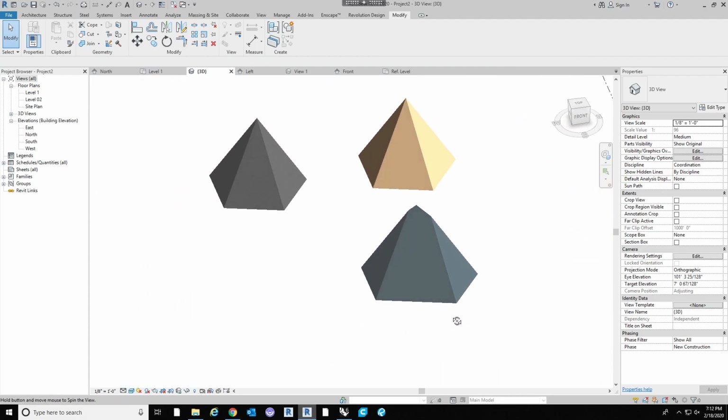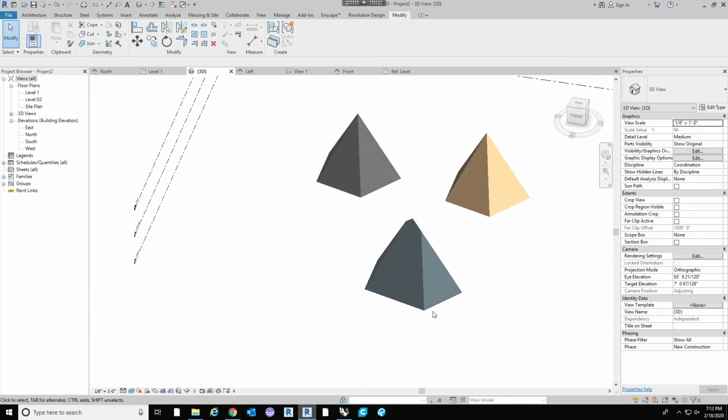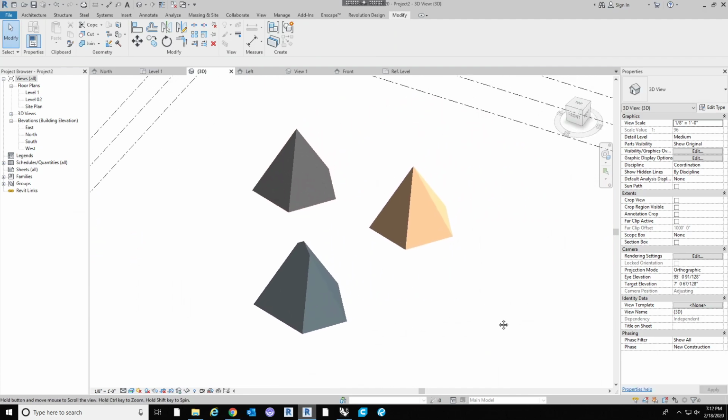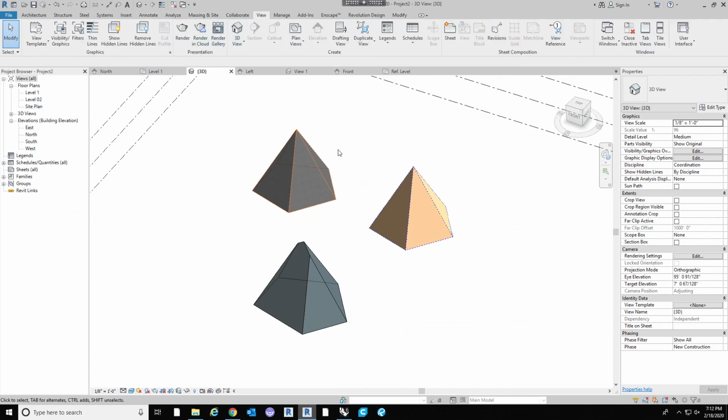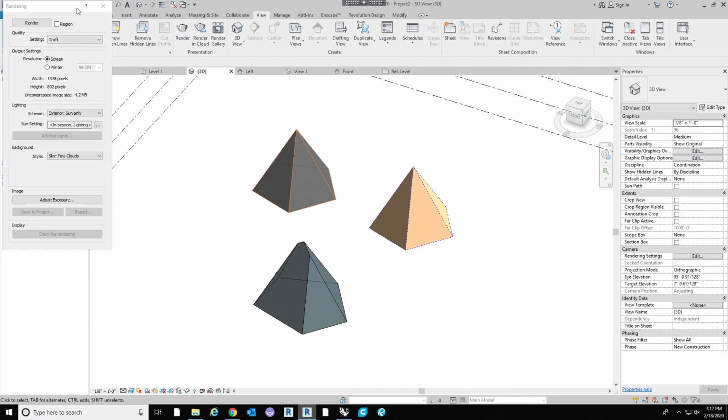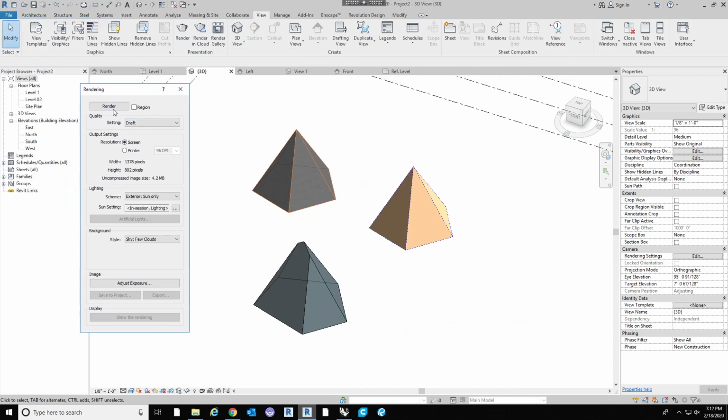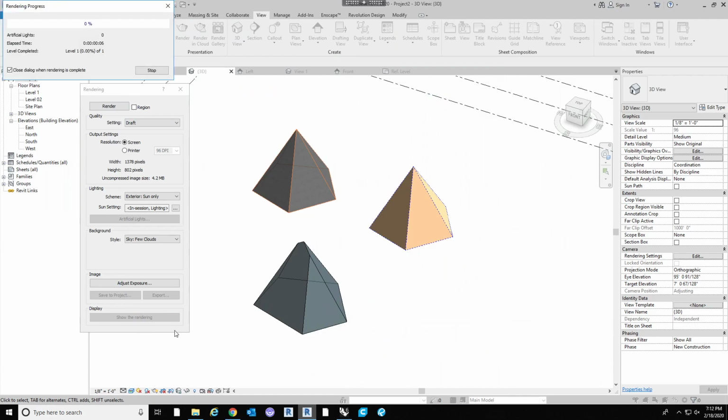Alright, so this is good for right now. But where it really comes into play is when you go to render. So to render from Revit itself, it's under the View tab. You can do an in-place render. You can come up with here, just do a quick render. It's going to render your view at the moment, and